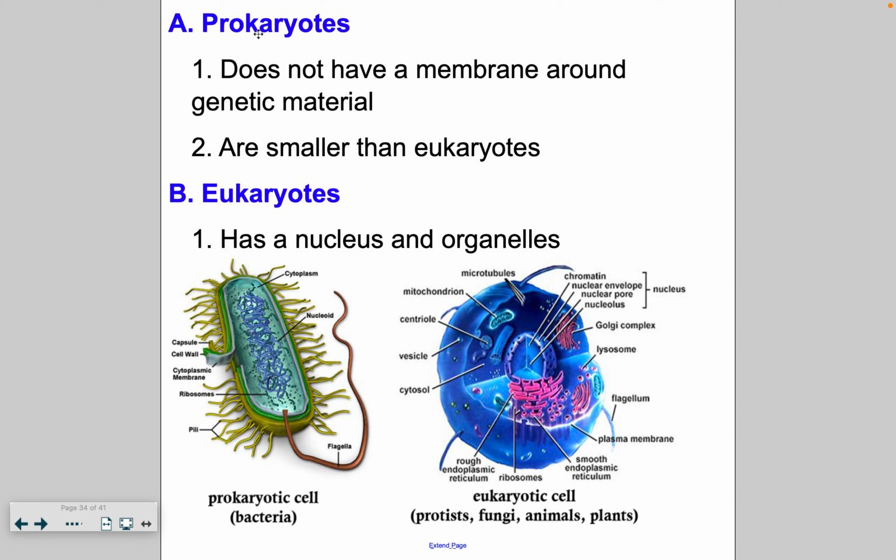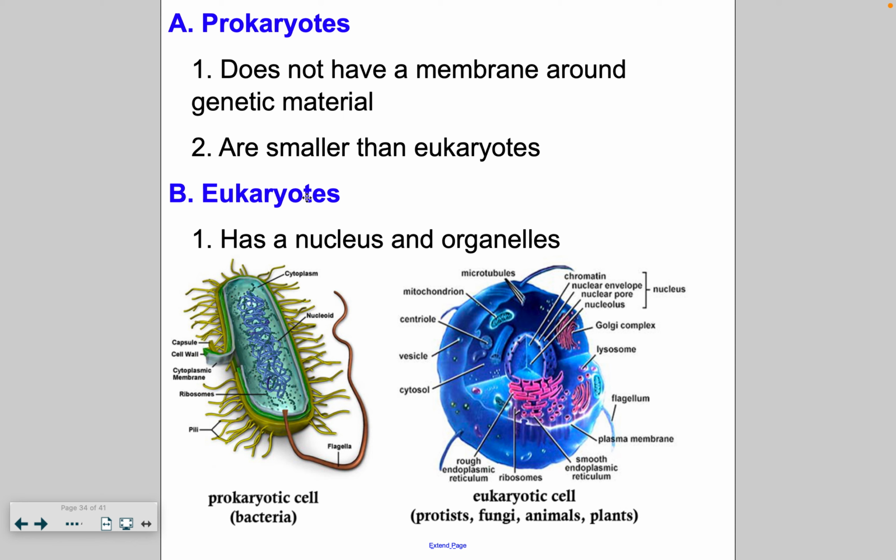So we've discussed prokaryotes and eukaryotes in the past, and told you pro rhymes with no. Remember, they don't have no nucleus. Okay, pro rhymes with no nucleus. So they don't have a membrane around their genetic material. That's their nucleus, and they are significantly smaller than eukaryotes. In fact, like 10 prokaryotes might equal one eukaryote.